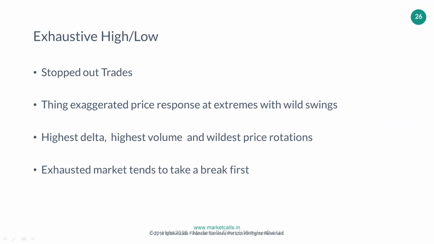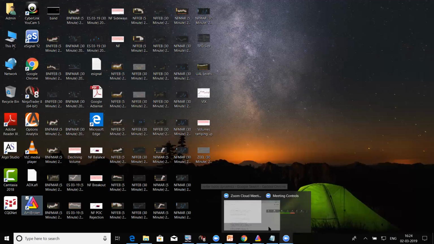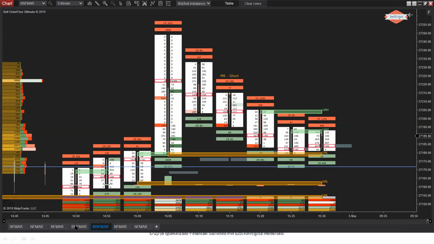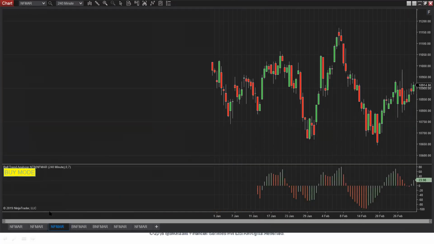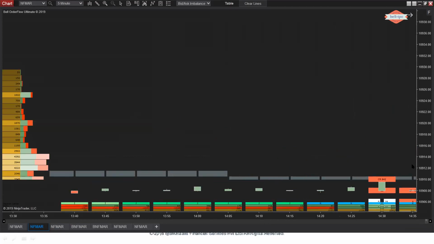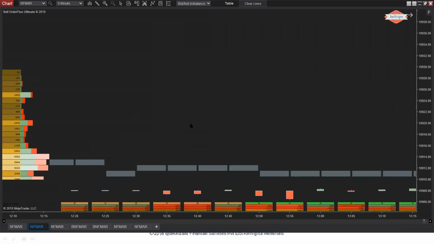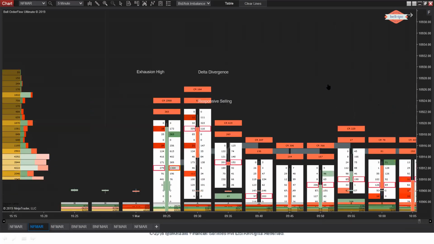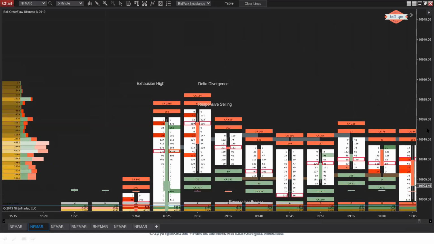For example, to explain this exhaustive auction, there are 3 different ways one can spot an exhaustive auction. So one of the ways is an exhaustive candle followed by a delta divergence. So let me take an example from the Nifty March contract. At the opening of the candle, if you look pretty closely, let's talk about the last 15 minutes of activity yesterday. So you could see that